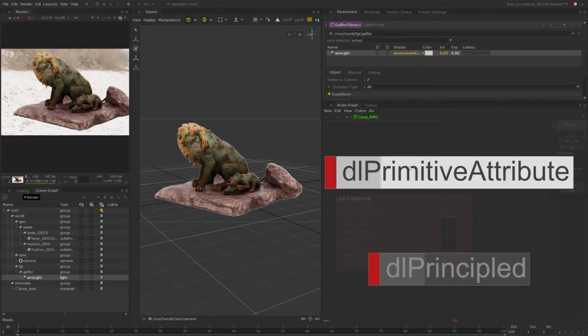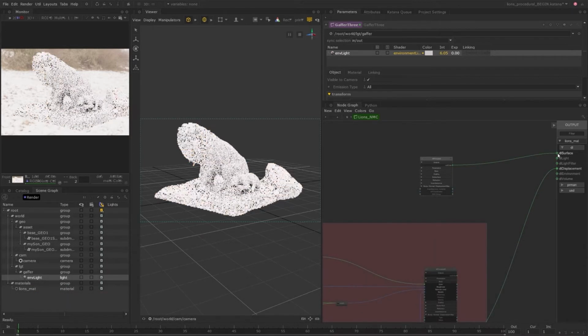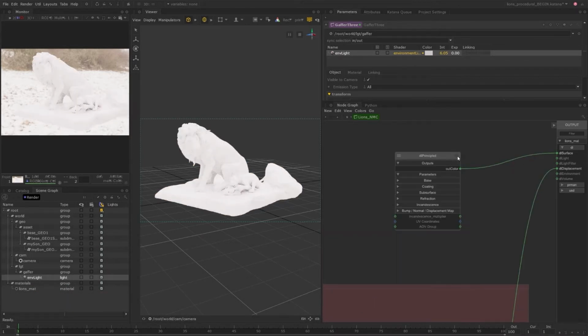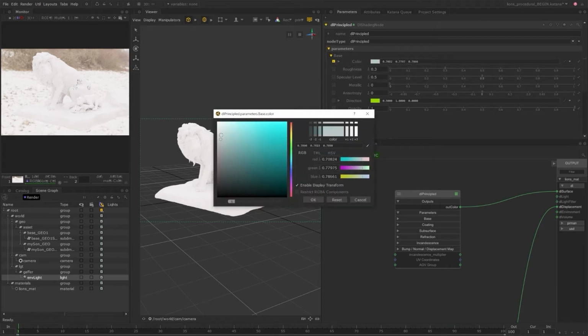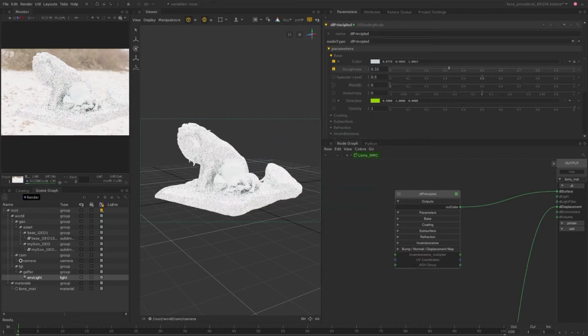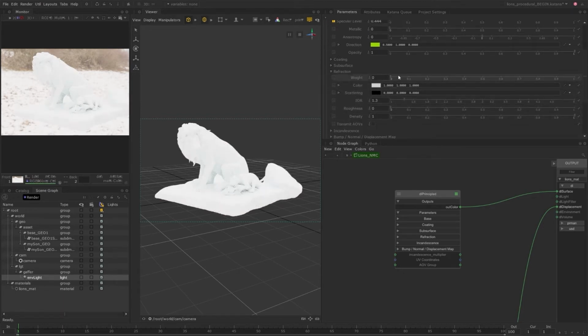So I'm going to create a DL principled node and plug it into the DL surface color output so that I can quickly change some parameters and see the result. I'll change the color to white. I don't want it to be completely white, so I'm going to tint it a little with blue. And I'll also reduce the roughness and increase the specular to try and match the appearance of snow. And then I'm going to add some refraction as light refracts through all the crystals that build up the snow